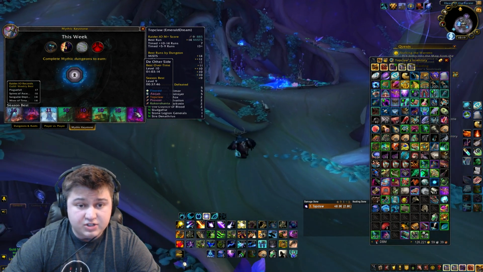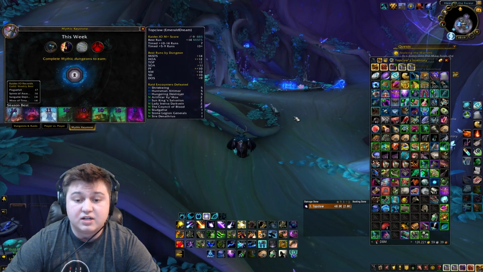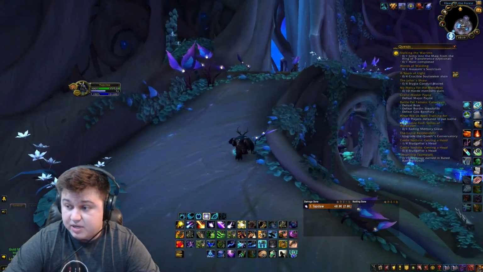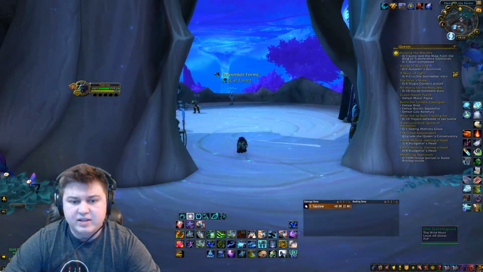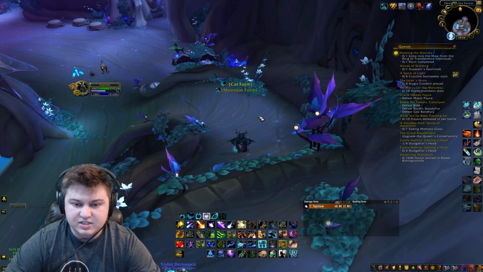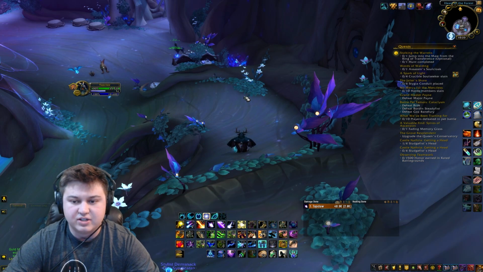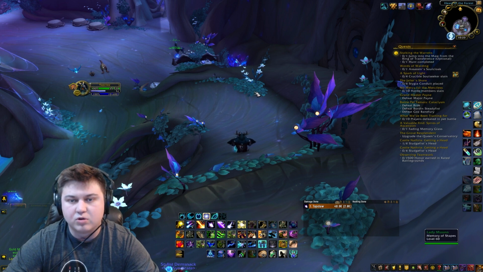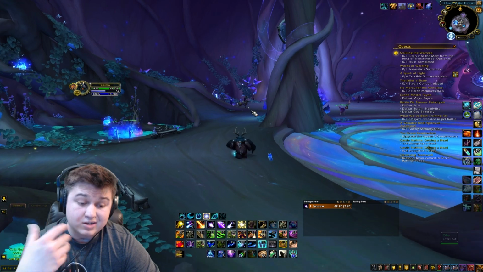So I ran two Other Sides today, and both the groups that I did it with just couldn't handle it, man. Just could not do it. It's so frustrating seeing how many people in 10 plus keys really can't do the mechanics. On the Other Side, he just didn't listen to which portal he needed to go in and just kept going in the wrong portal. I think hopefully tomorrow I'll be able to find that key and I'll get that achievement,